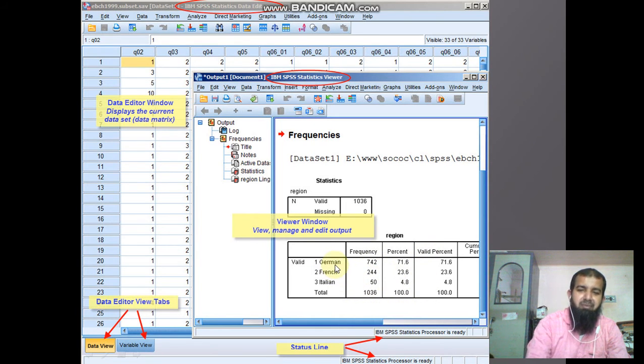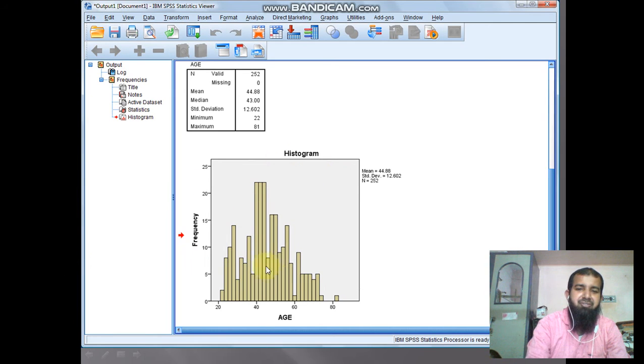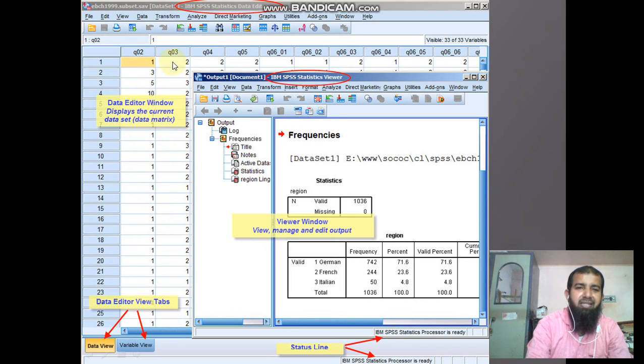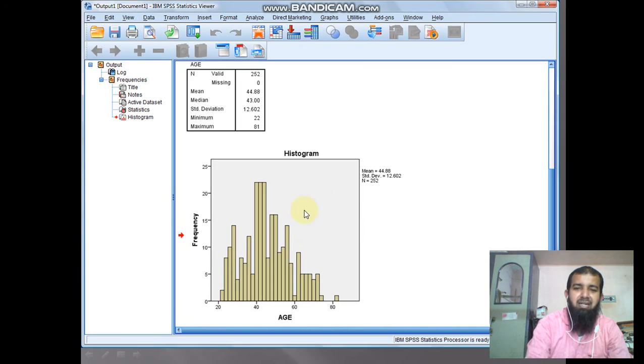You can categorize it by country, by German, by French, by Italian, like this. And you can create a chart also, a histogram also. Clear, no? This is the output. You can see the output. These are some data, these all are the data, and this is the output.